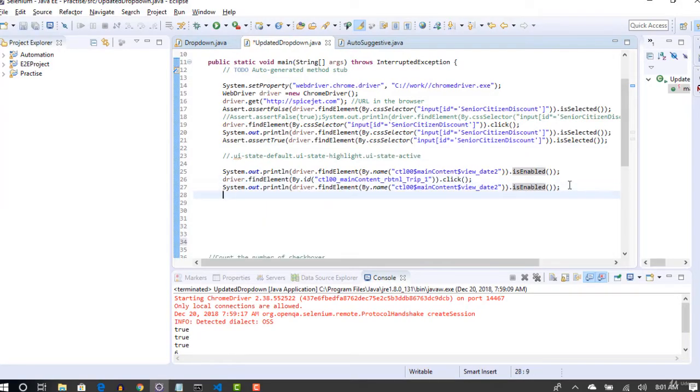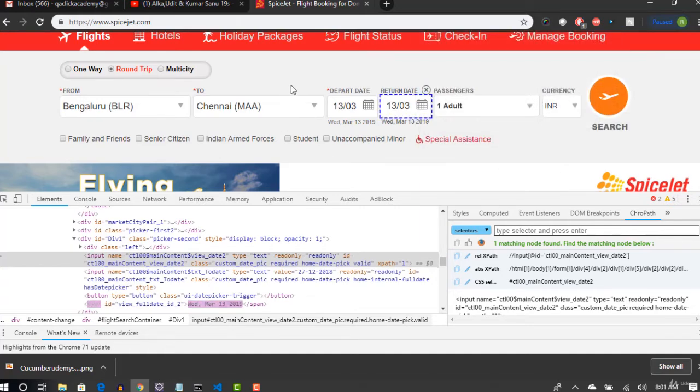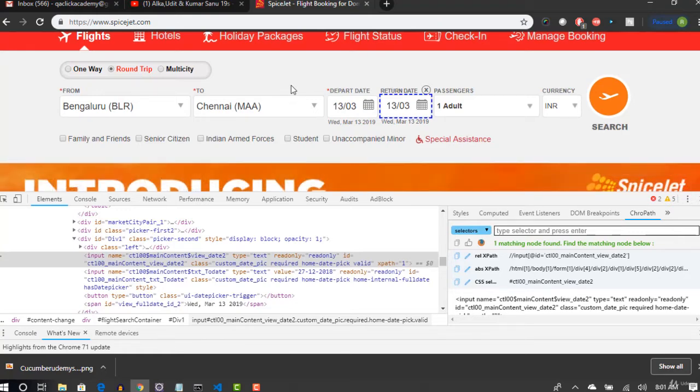Then what is the alternative? How do you know that it is at least disabled with that UI? Okay, so from a development perspective, understand one thing. When something gets disabled or some color gets changed, the developer has to set some attribute in that HTML to make it look disabled.